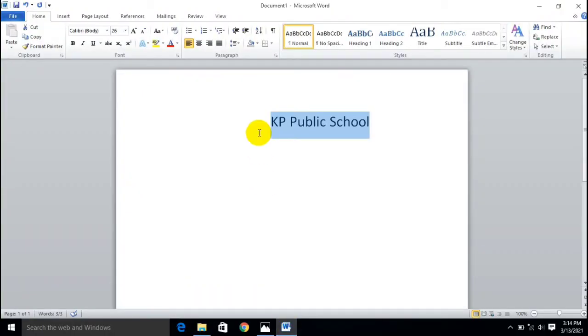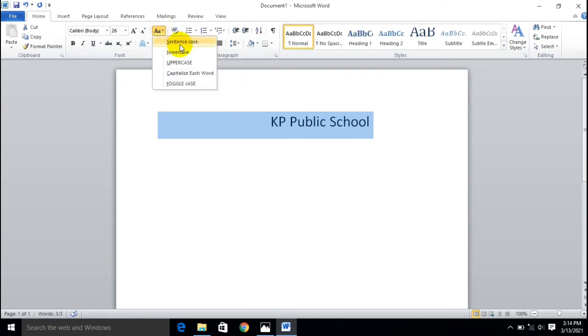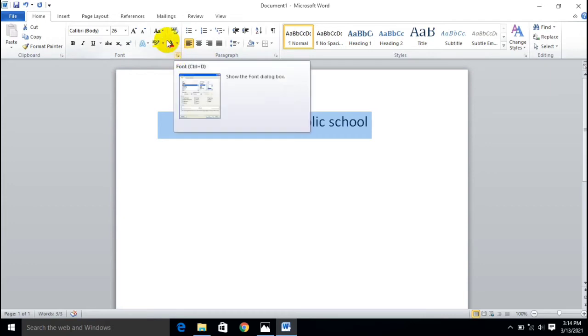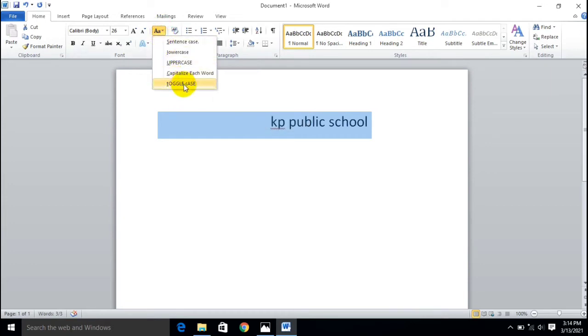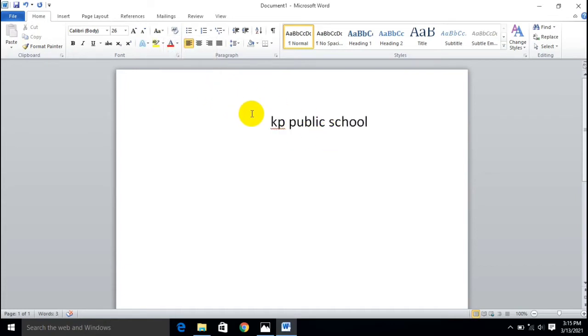Suppose you want to make all the characters uppercase; you can choose from here: sentence case, lowercase, uppercase. If you want all uppercase, choose that, and here is lowercase. If you want to choose the style of your text, you can choose from here, and here are subscript and superscript.